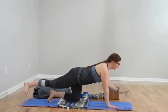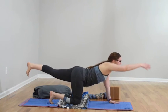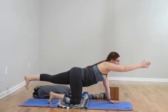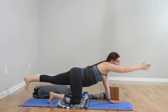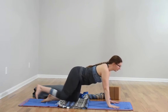Other side. Curl the left toes under, press through the left heel, lift it up. And the right arm, reach it forward. Keep reaching. And let it go. And curl the right toes under, press through the right heel, left arm reaches forward, maybe